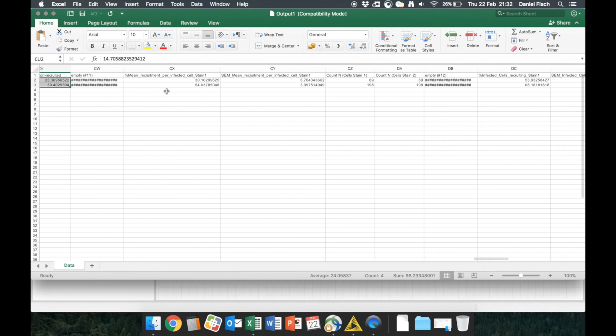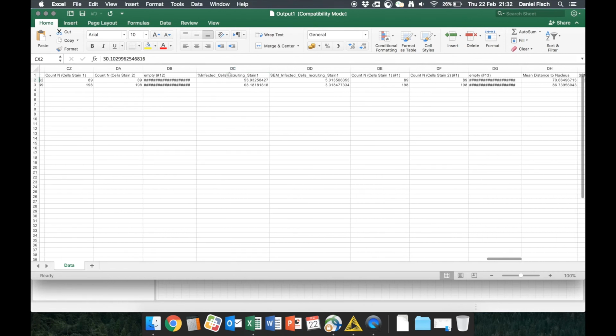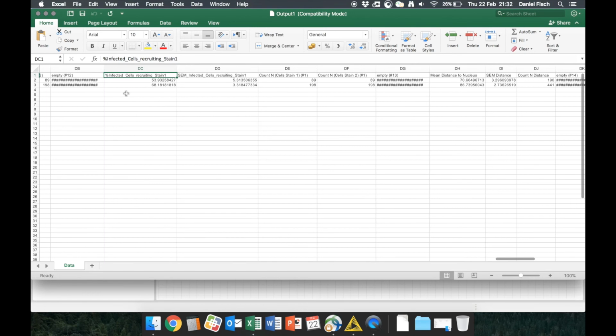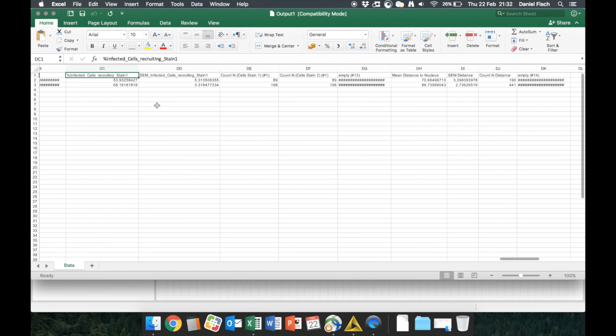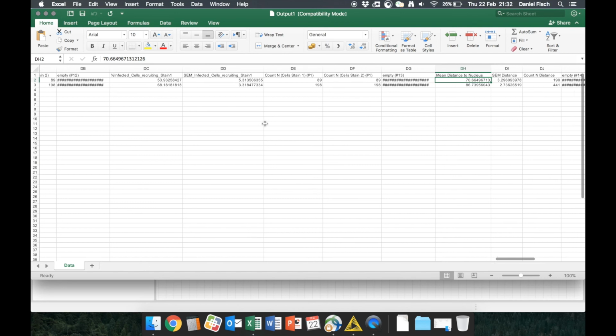Then this readout will tell you how many vacuoles on average one cell decorates if it contains more than one. This readout will tell you how many infected cells do respond by recruitment, and in the end you'll get the distance to the nucleus. So those are the readouts for a full recruitment analysis experiment,